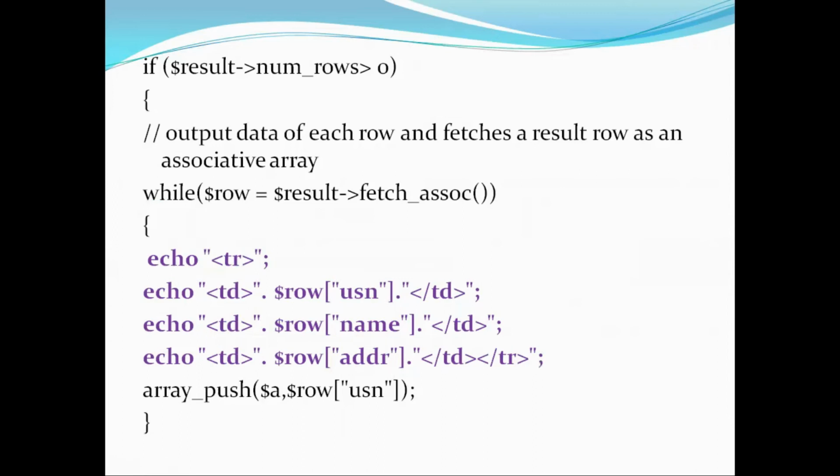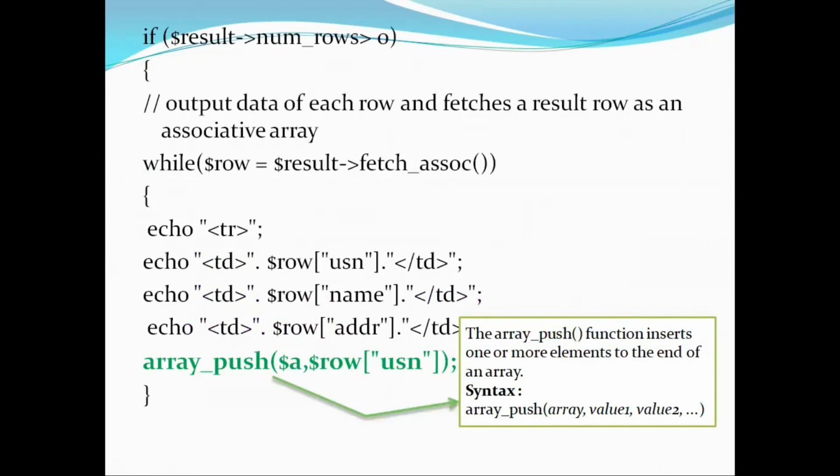After fetching all those things, what is our task? Our task is to sort the records using USN. For that reason, I am using one of the array functions called array_push. What do you mean by this function? It inserts one or more elements to the end of the array. The syntax is array_push(array, value1, value2, etc.). The first parameter, the array name, is required and specifies the array. The second parameter specifies the value to add, required in PHP versions before 7.3. The last value is optional.